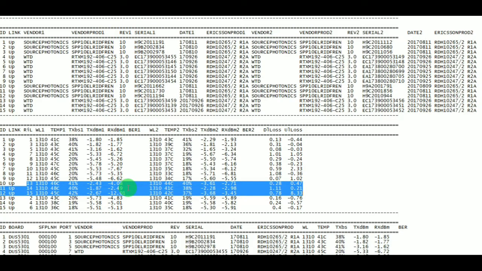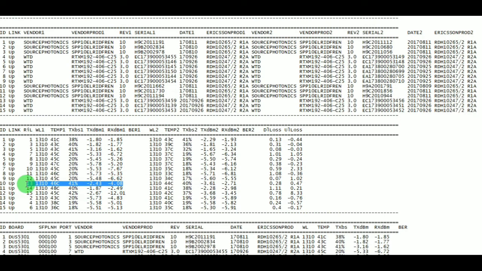The left-hand portion indicates the SFP module details on the baseband, and the right-hand side indicates SFP module details on the radio unit.